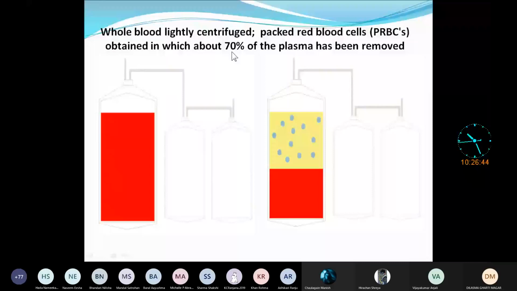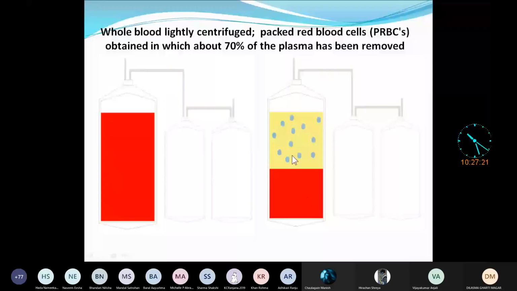Now you see here, whenever it is centrifuged, the RBCs at the bottom are heavier than the plasma and platelets, isn't it so? In the picture on the right side, you can see RBCs settled below, and the plasma above. Plasma is the yellowish one, and the bluish dots indicate the platelets. Understood here? So the blood is centrifuged, the RBCs settle down, and in the plasma there will be the